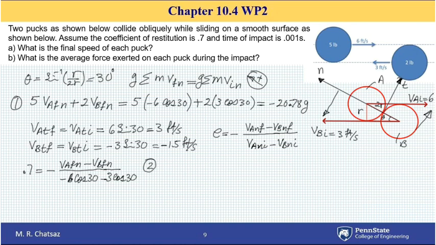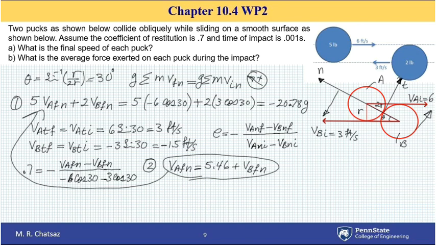I can consider equations 1 and 2 and solve them algebraically. So if I solve this second equation for the final velocity of A in normal direction, I'll get 5.46 plus the final velocity of B in normal direction. Plugging this into equation 1, I'll have one equation with one unknown. So let's go ahead and